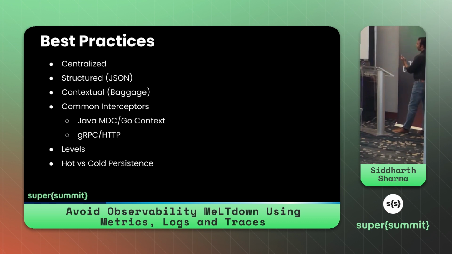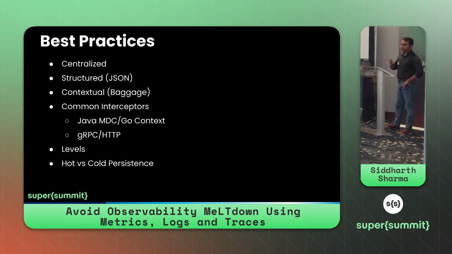But if you want to simplify your queries in that centralized tool, you need to have some structure around your logs. Because if you are writing logs without any structure, you are just hoping that you can write some string pattern matching across your logs. Let's say you are emitting Apache HTTP logs, then you have to know how to grab those Apache HTTP logs using string pattern matching. But if you convert those logs into a standard JSON structure, wherein you have timestamp, levels, and some context, then querying JSON in that centralized tool would be easier.